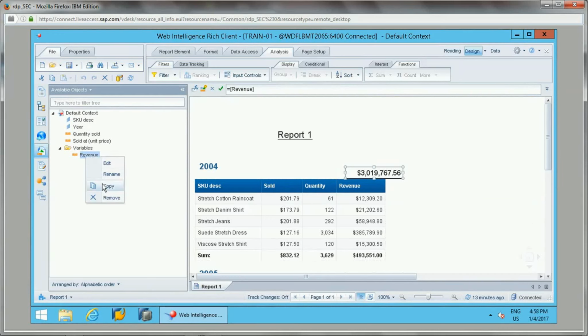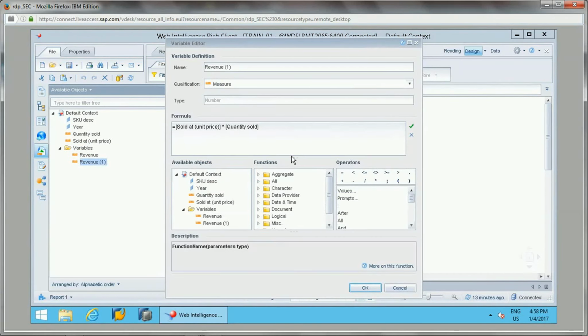Let's copy this variable. I just edit this, and now what I'll say is the sum of this revenue, whatever it is.